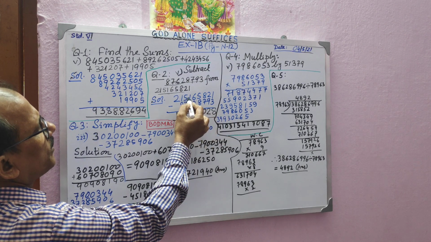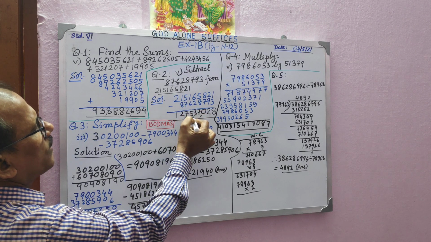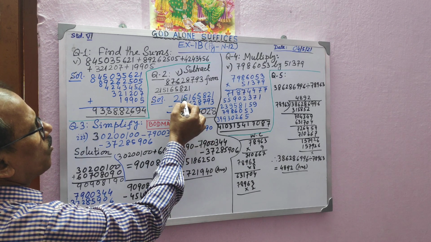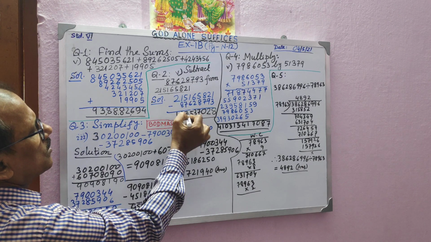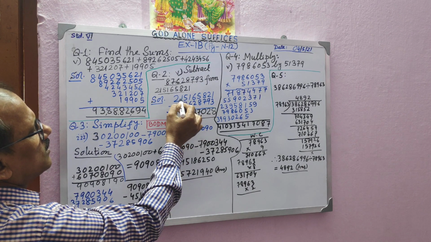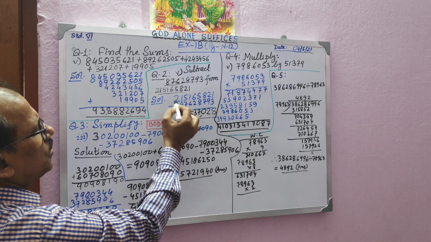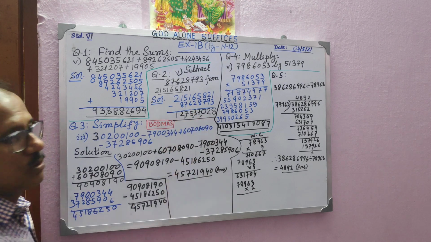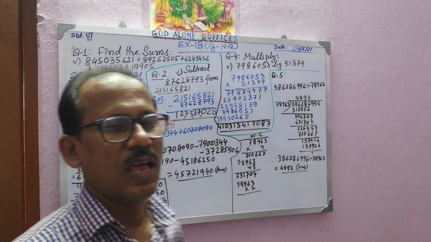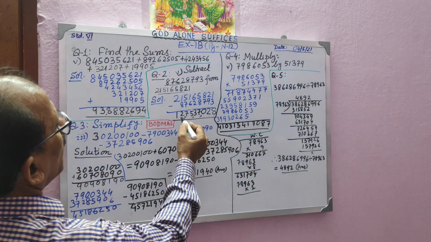Now it has to be made 11, so borrow from here. So 11 minus 6 is 5, here it becomes 4, which also will not go, so you will have to borrow from here. So it will become 14, 7. Here it was 0, cannot go, you have to borrow from here. So it will become 10 minus 8 is 2, and here you have borrowed 1, that means 1 will remain. So this will be the answer. You know how to borrow and do the subtraction nicely. The number came like